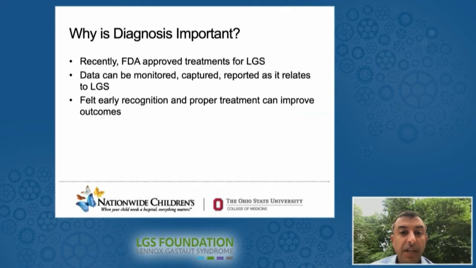And if we really recognize these children early, perhaps we can get them on proper treatments, and perhaps we can improve their outcomes. The other related issue is that it allows us to then potentially identify those etiologies. So the advent of genetic testing, which we'll talk a little bit about, and many of the current group on this call have far more expertise in it than I do and a better understanding, but have also contributed greatly to the appreciation and understanding of different etiologies.